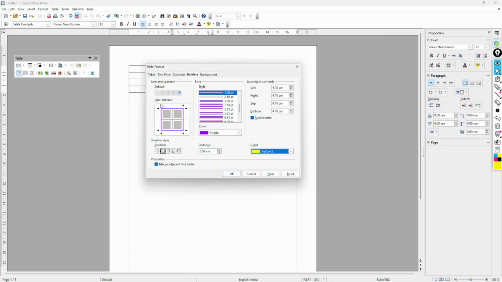These are different types of border: no border, outer border with horizontal, outer border with inner border, and inner border line spacing. This is style. Different types of border you can choose from here. Color, and this is alignment, means the content will have this much space. It will remain that much space between the content and the border. How much space? 4.10. If I cancel the synchronize, I can edit one cell independently, but if I turn on synchronize, all will be the same. Correct? These are the positions.